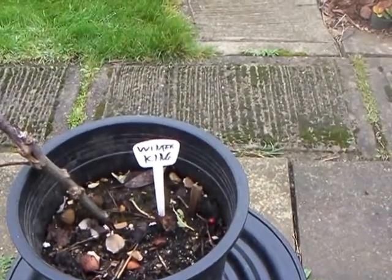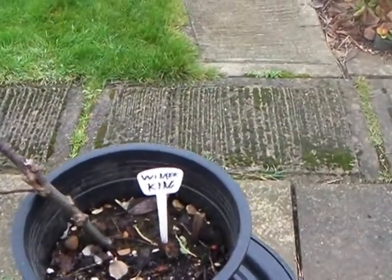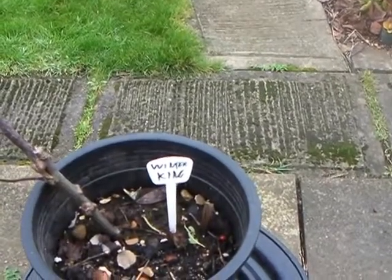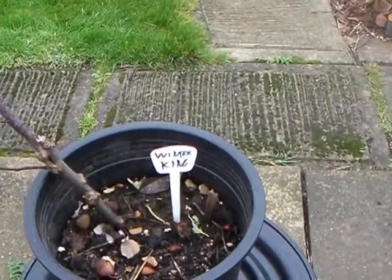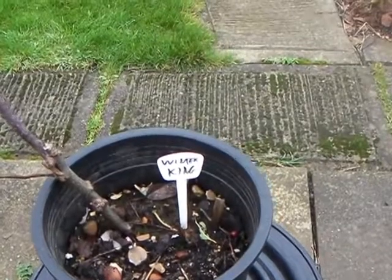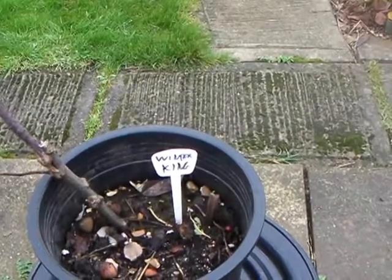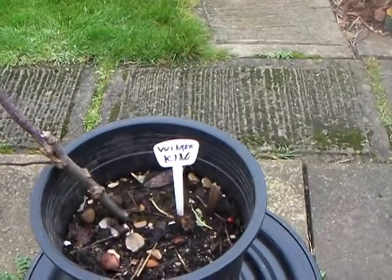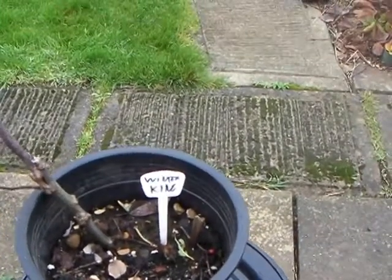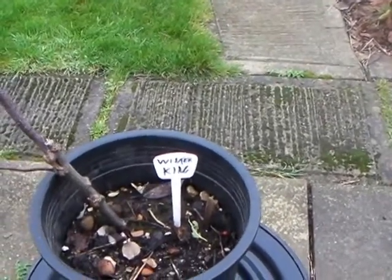Now it's partly self-fertile, group 4. Other apples in this group are Gala, Golden Delicious, two well-known ones, Darcy Spice and Autumn Pearmain. There is a big list, you have to check that one out yourselves, but you'll certainly get more success if you have one of these apples from group 4 in the vicinity. Now this can produce apples from its own pollen, but it is better to have another one from group 4 in the vicinity. Now the tree is compact, upright in size and shape, with excellent resistance to scab, mildew